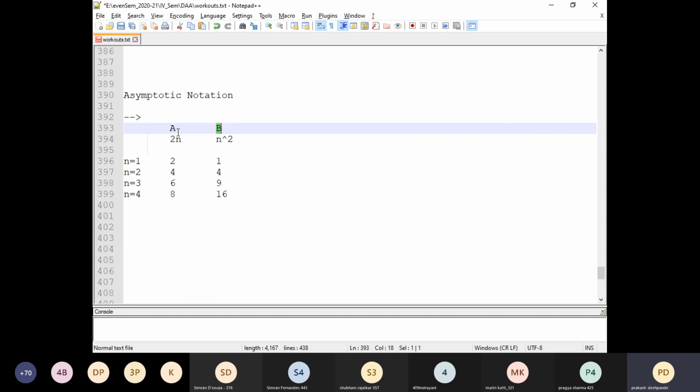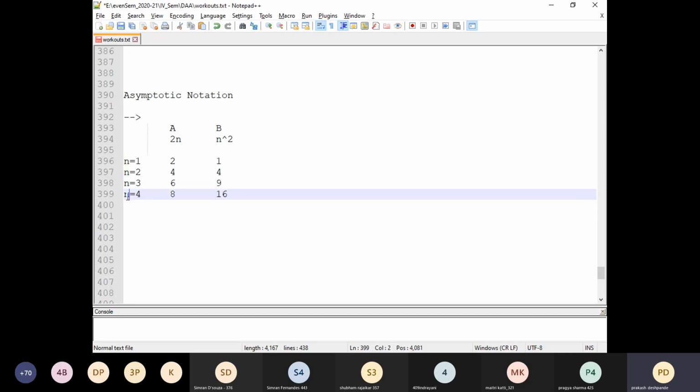In the initial values, we may find that algorithm B was better than A for the first value of n. For the second value of n, both were behaving at the same values. But when the n value kept on increasing, we figured out that the algorithm with time complexity 2n was behaving much faster than the other algorithm. The time complexity increases based upon the value of n, as the instance variable's value keeps on changing.